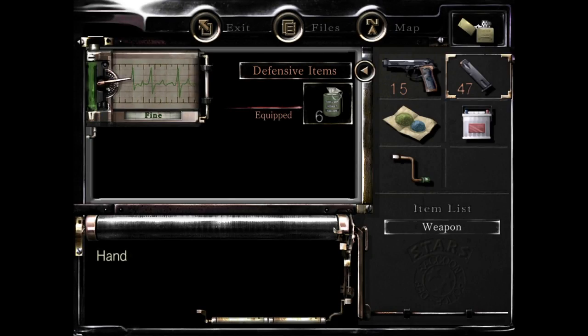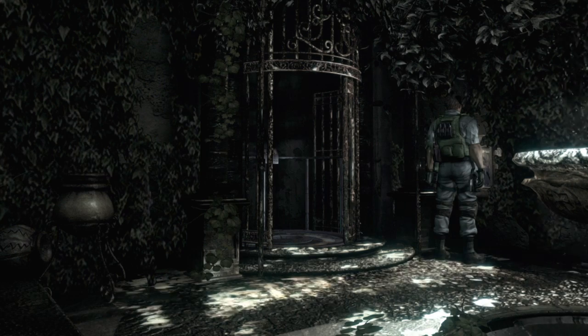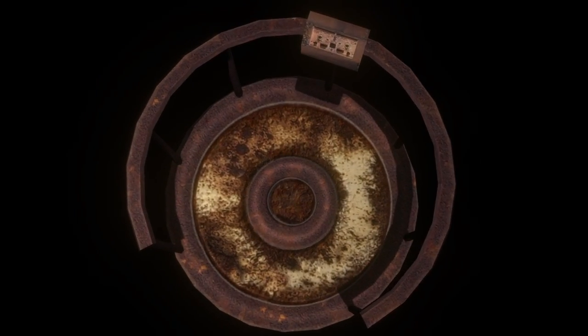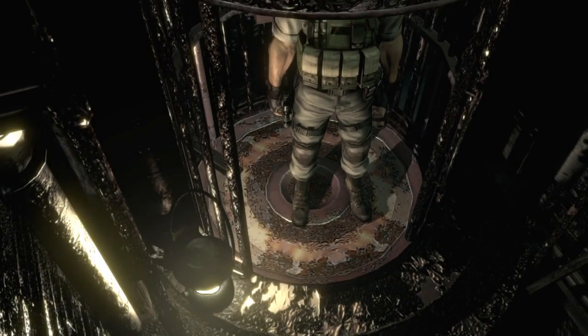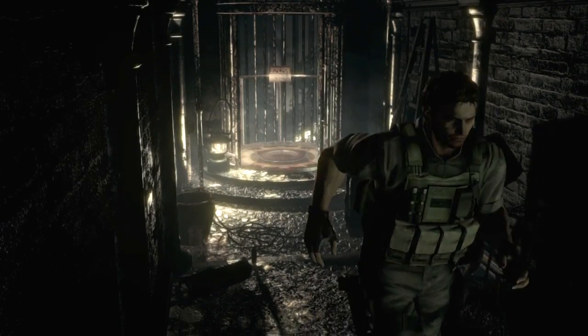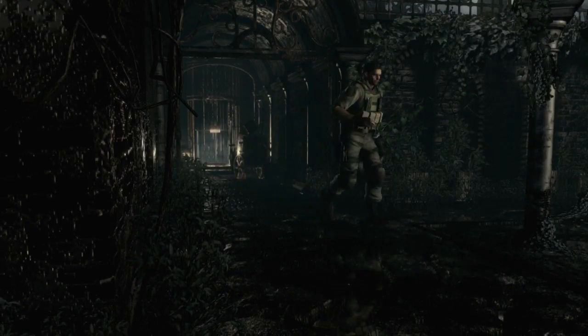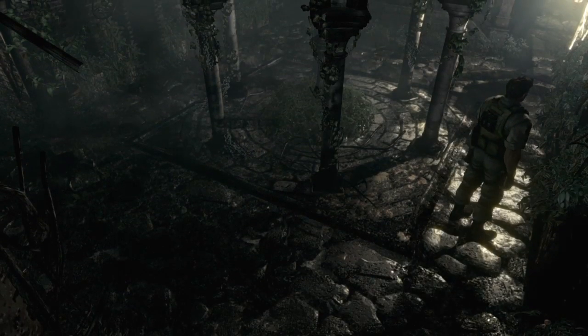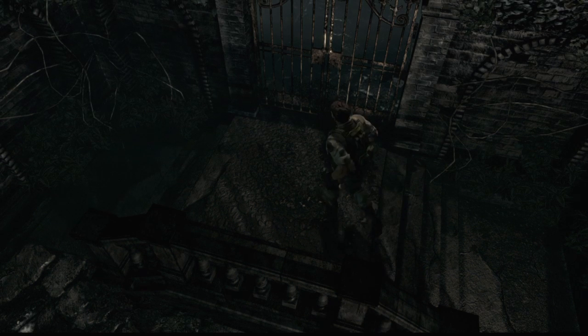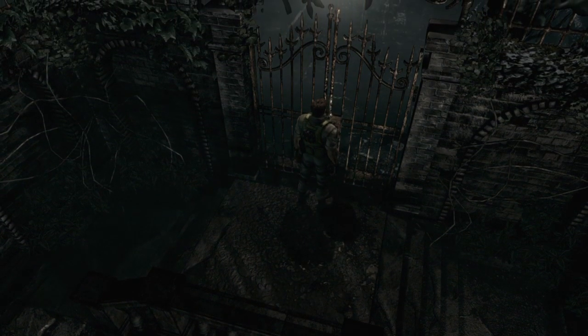Battery's been taken out. Well, let's use the battery. Okay, let's go through here. We're going up, not down. Okay, alright, we never have used that elevator, I don't think, before. Alright, so... Alright, we're now, I think this...